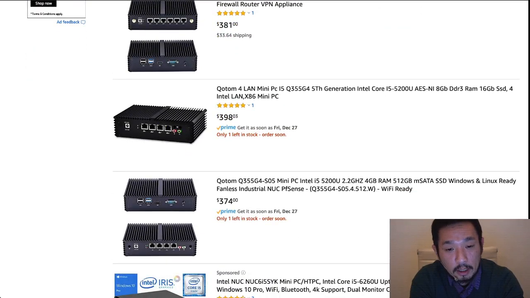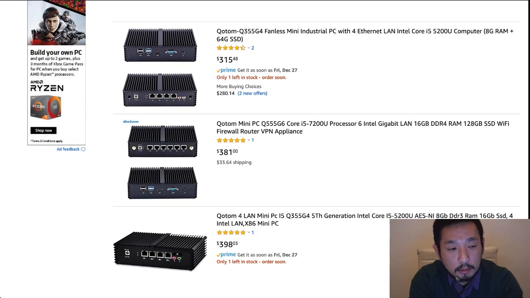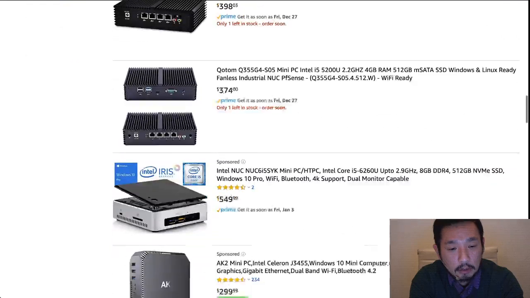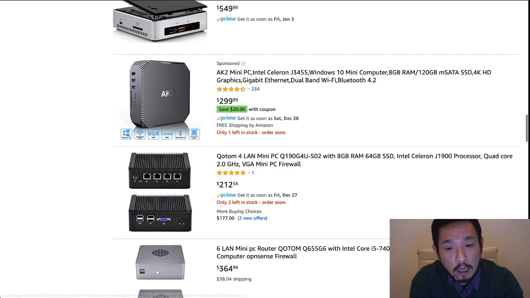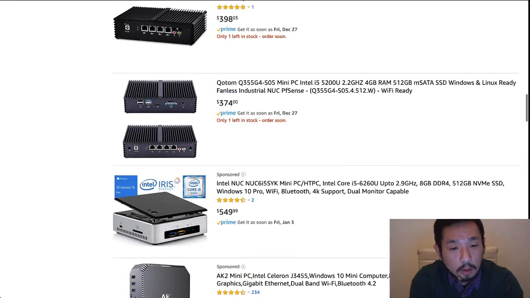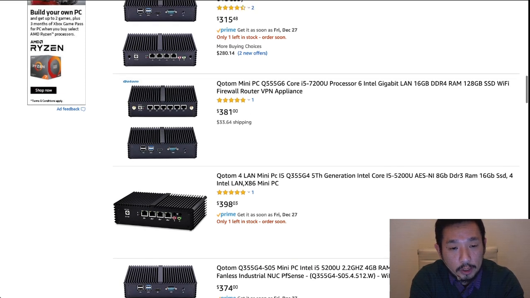An i3 is fine. When I started this game, I started using Pentiums, actually low voltage Pentiums, which are called Atoms, and the Atom line is kind of hard to find at this point, but the Celeron line is sort of related to it. That's going a little low rent, I feel. I think what you want is an i3, an i5, an i7 is probably overkill, right? And you have your choice of